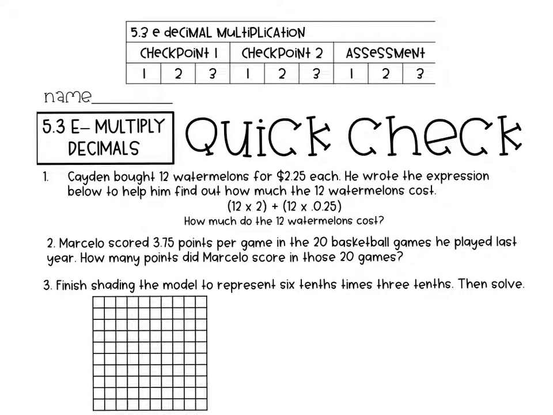So let's get started. So my first question is asking me, how much do the 12 watermelons cost? So I should have bucks on here somewhere. I'm looking for the 12 watermelons and their costs. It says Caden bought 12 watermelons for $2.25 each, and he wrote the expression below to help him find out how much the 12 watermelons cost. So I don't see any trash here. In my strategy, it looks like,